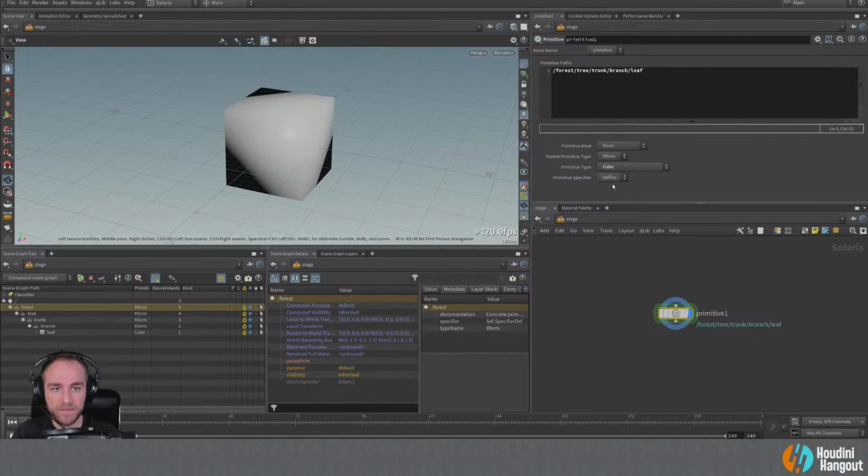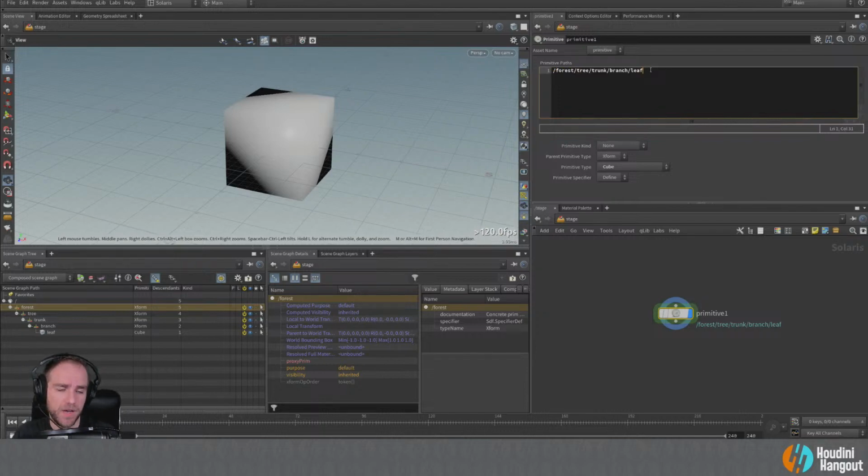That's fine. There's a few other things here that we're not going to get too far into. These are maybe a little bit more in depth, a little bit more detail oriented. But what we're going to do with this node is set up a hierarchy, right? If you knew you were going to build a scene and lay out a whole environment, you could build a hierarchy here of the different elements that you're going to make. Now, in this case, you're not going to specify maybe every single leaf.